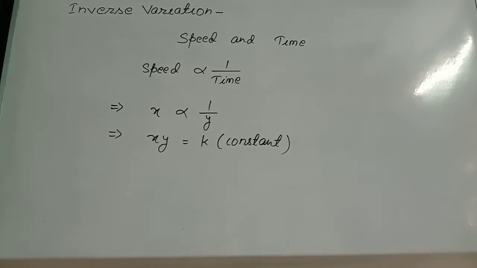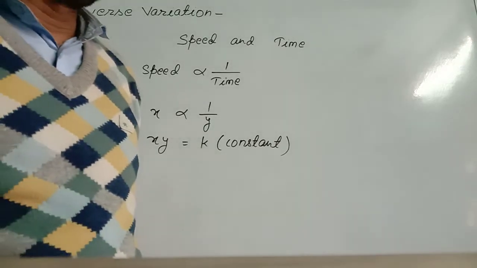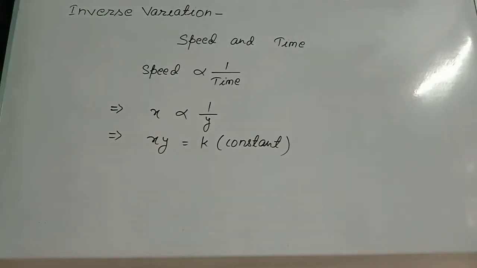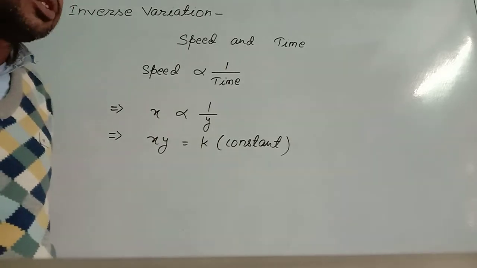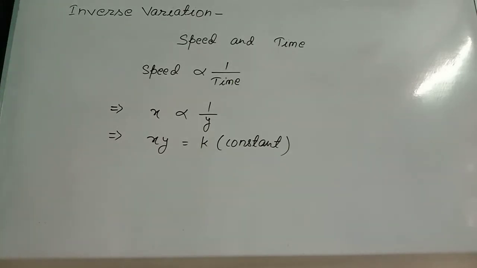In this video class of arithmetic, we have started chapter 9, that is direct and inverse variation. In the live class, you have studied about direct variations. I repeat, if there are two quantities or two variables x and y, then if the value of x increases, then the value of y will also increase, or if the value of x decreases, then the value of y will also decrease. In this way we say x and y, these two variables, are in direct variation, and we write x proportional to y. Now let us discuss inverse variation.